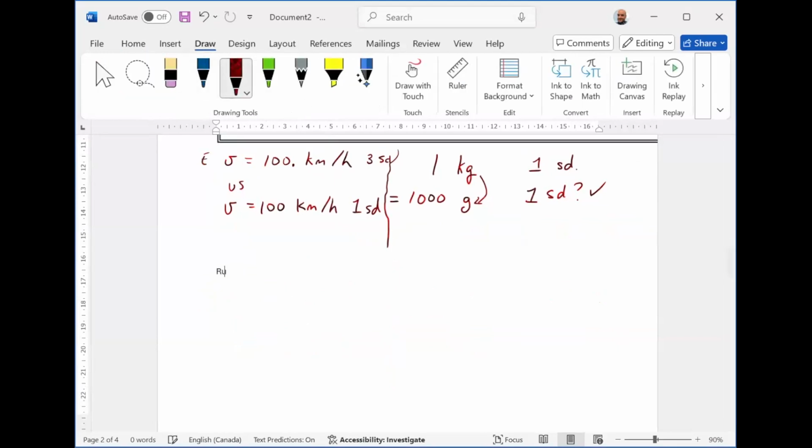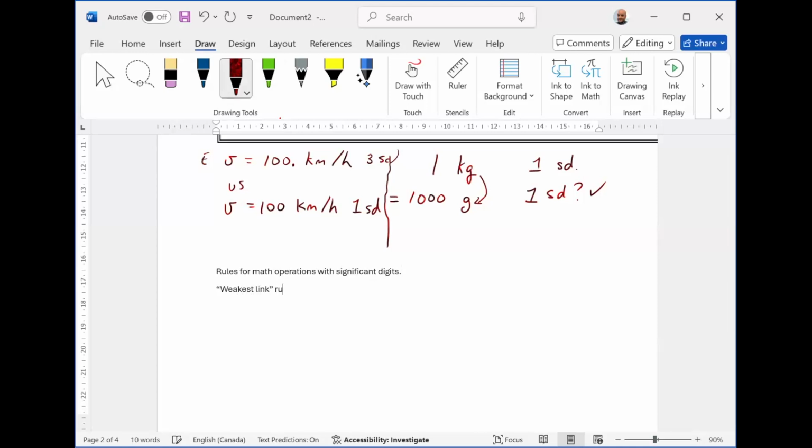So, rules for math operations with significant digits. The main rule here is, we call it the weakest link